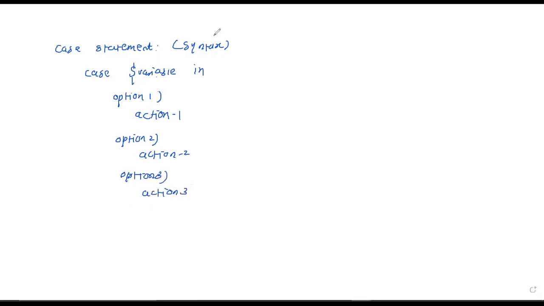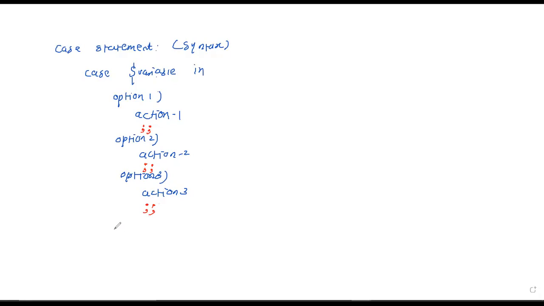Friends, very important, after writing action 1, you have to write a semicolon twice. This should be in the next line. So after action 2, we write this. This is the standard syntax. So for option 3, we write semicolons like this. Okay, done.